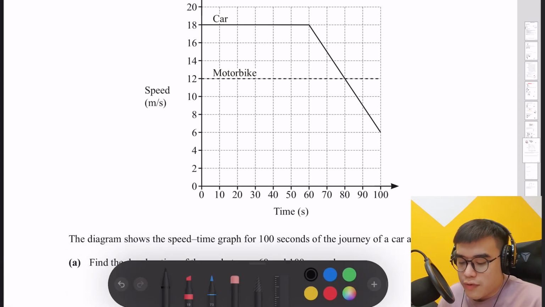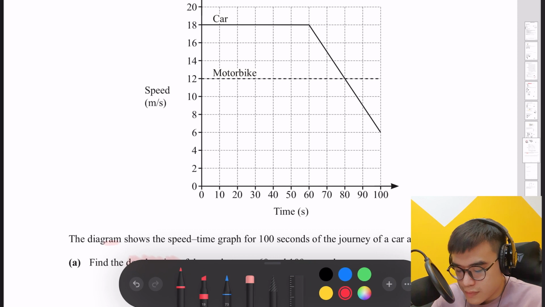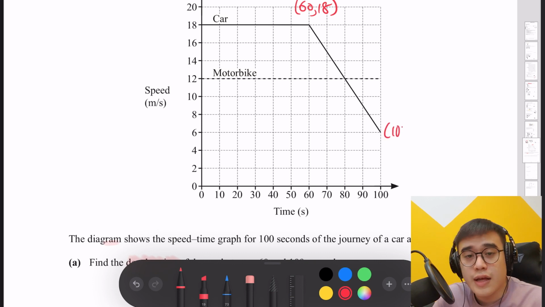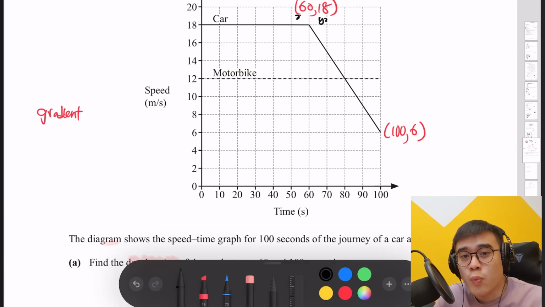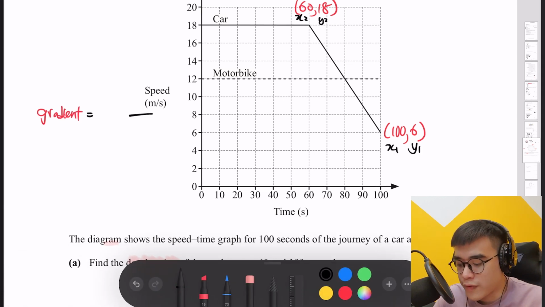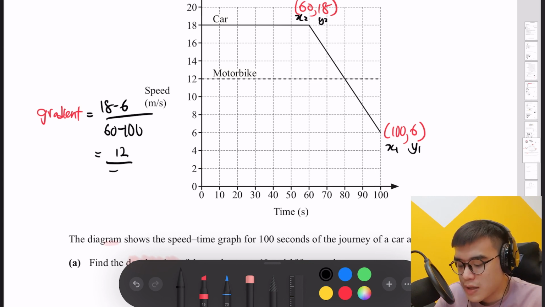So for this, you first have to write down their coordinates, like what I have over here. They are 60, 18, and then 106. So to not confuse you, I'll even label the x1, y1, and x2, y2 over there. And through the gradient calculation, I'll be getting